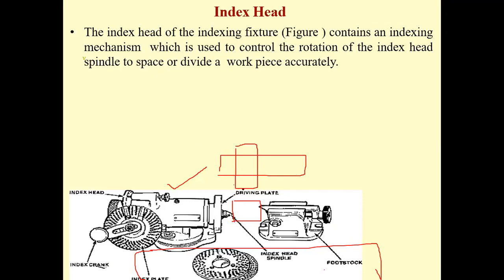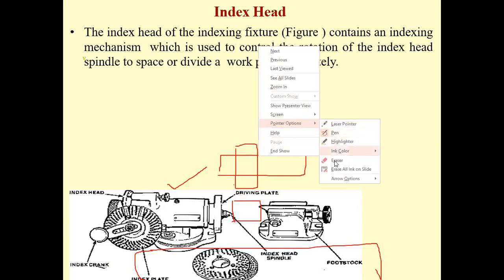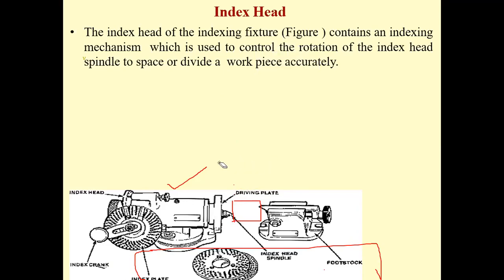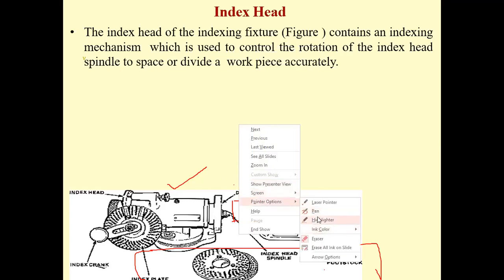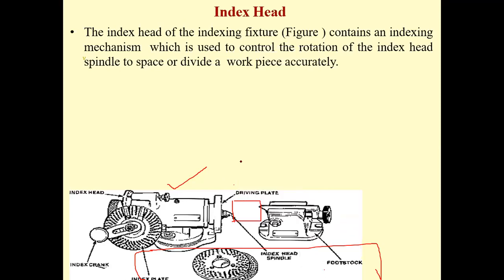This is rotating about its axis. Maybe this is not the correct way, so I can remove this. Whatever I have drawn is not like this; it is in the direction perpendicular to the screen. So just assume this is your arbor, and this is your cutter. The axis of the cutter is perpendicular to the screen. I'll do some hatching on this arbor and this cutter.